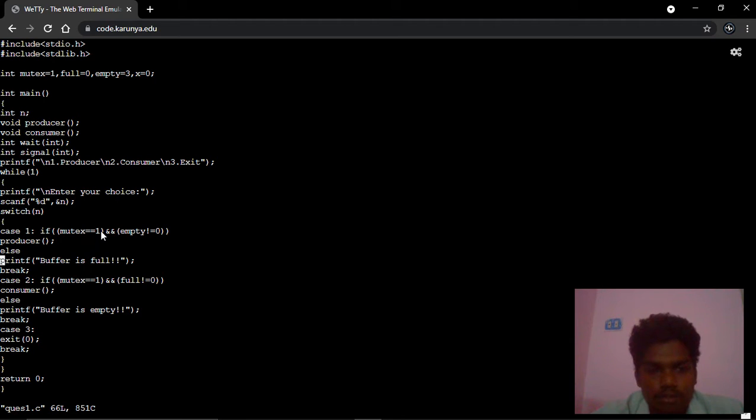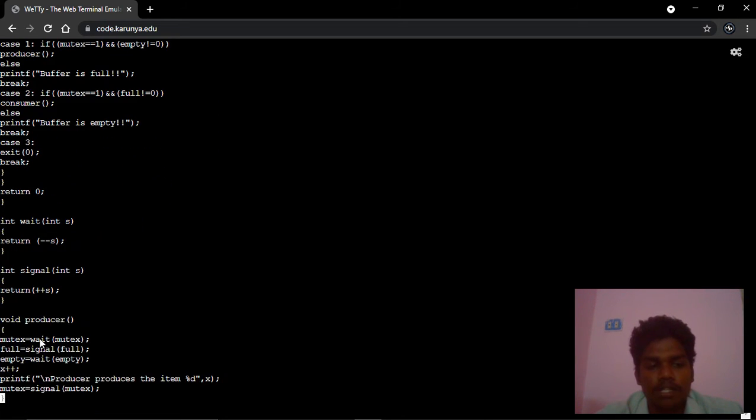If mutex equals 1 and empty is not 0, it calls the producer, else it says the buffer is full. Then consumer: if mutex equals 1 and full is not equal to 0, it calls the consumer, otherwise it returns buffer is empty. Then case 3 exits from the code.